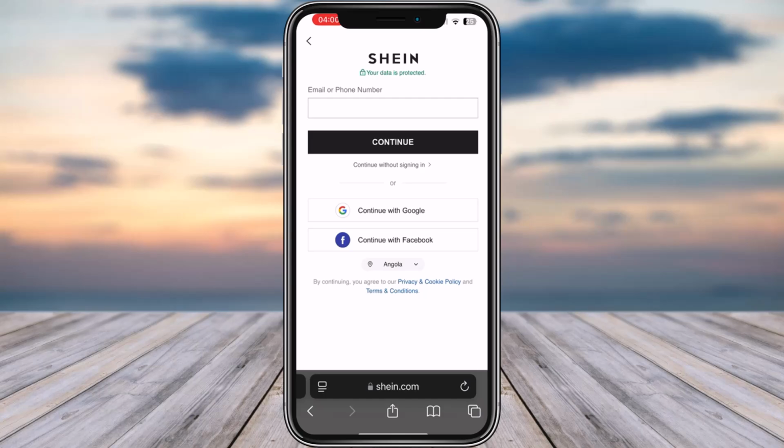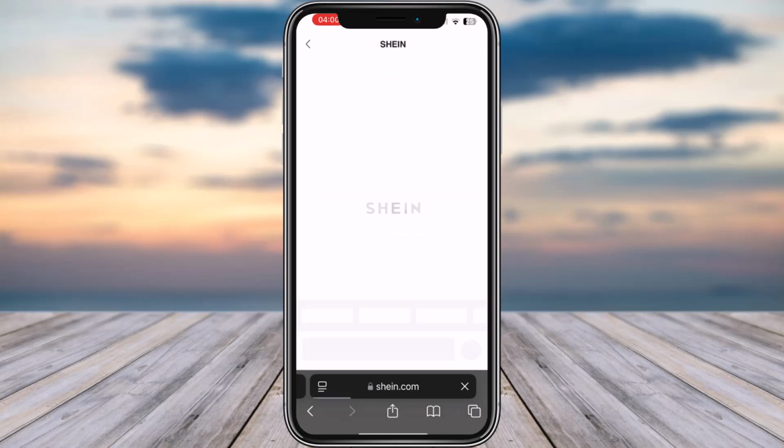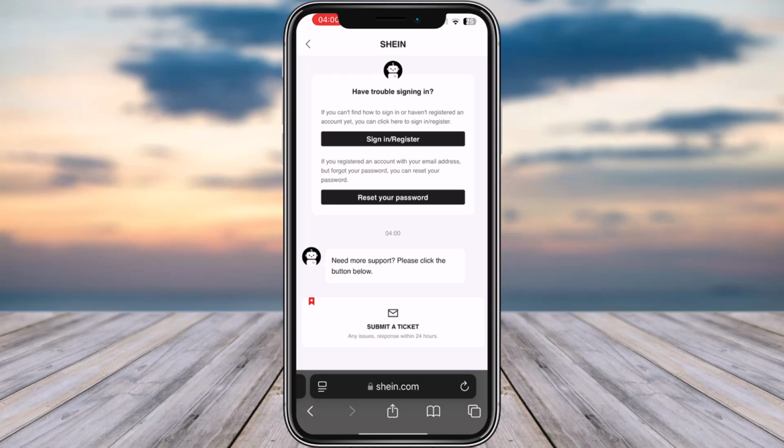Now you will be asked to sign in again. Go ahead, sign in. You can use your Google account or your Facebook account for that as well. Otherwise, add in your email or phone number individually and sign in. Once you're done signing in, you will be able to chat with their online bot, which you can simply ask